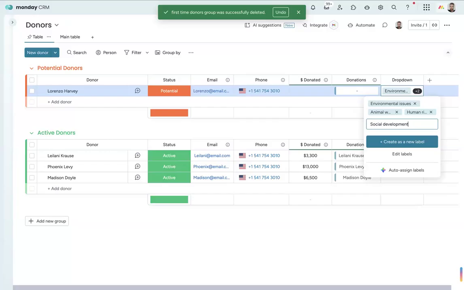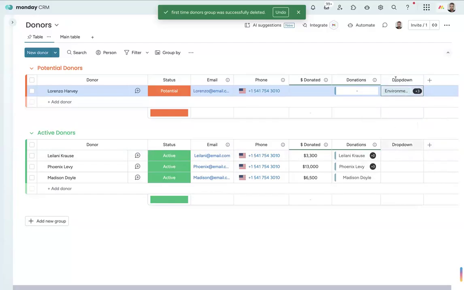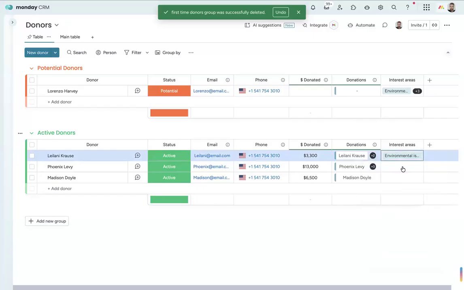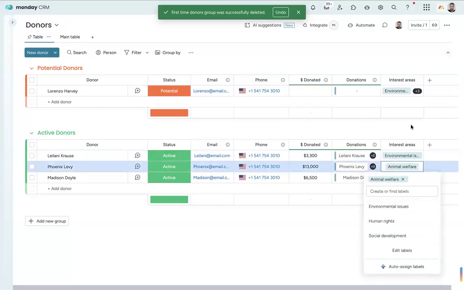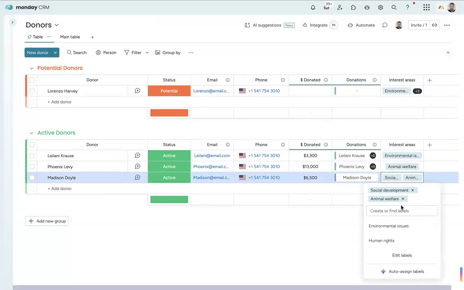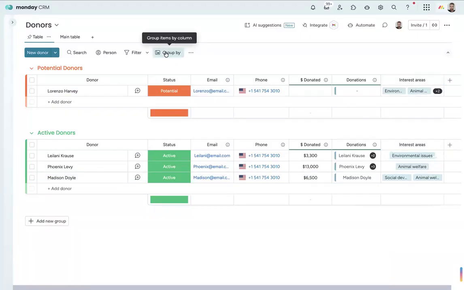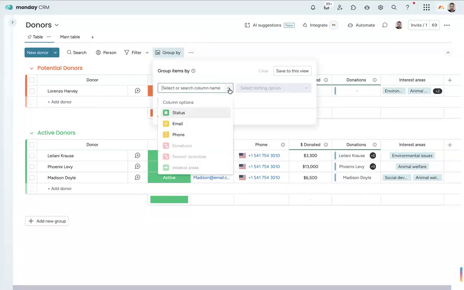You get the idea. We can then call this column interest areas, and we can tag our donors with whichever one of these they are interested in. And of course, you can have more than one, for example, social development and animal welfare, not a problem. And then what we can do is we can group people by certain columns.